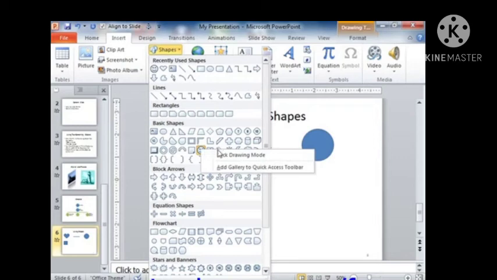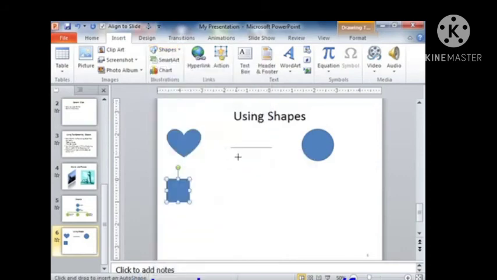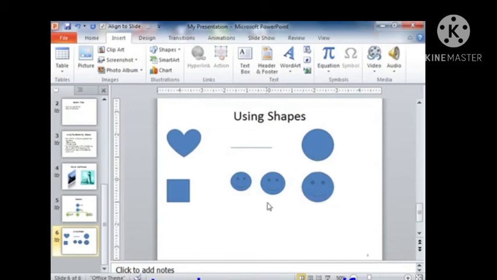We take the mouse pointer to the slide, and we can draw and drag the smiley face. However many shapes we have to draw in a slide, that many shapes we can draw in one slide.